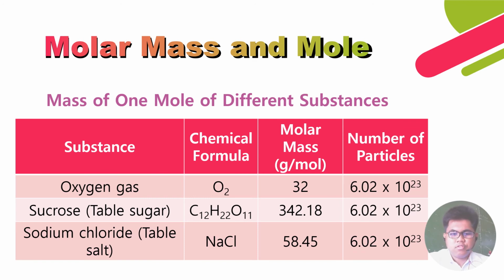Molecule of oxygen. So for sucrose, okay, we have the chemical formula C12H22O11 and its molar mass, if you compute it, will be 342.18 grams per mole, and the number of particles is 6.02 times 10 to the 23 molecule of sucrose. And for sodium chloride, we have the chemical formula NaCl, and if you compute for its molar mass, that would be 58.45 grams per mole, and the number of particles is still 6.02 times 10 to the 23 formula units